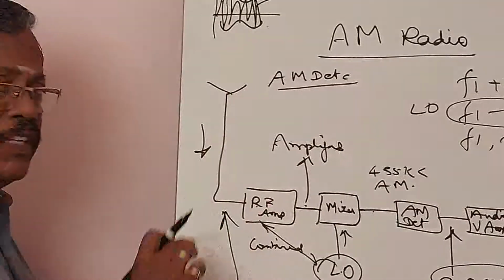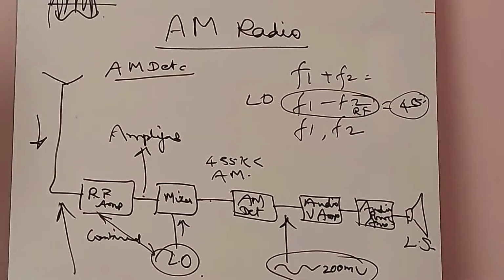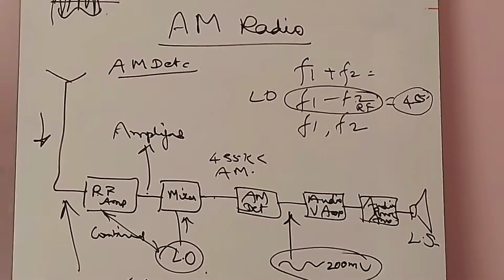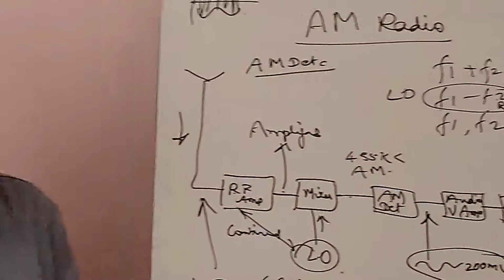I have clearly told what waveform we receive through the antenna of the radio receiver, and from that how many operations and how much processing are done: what is the function of the mixer stage, what is the function of the frequency converter, what is the function of the detector, what is the function of the matching circuit of the audio amplifier, what is the circuit of the audio power amplifier, how a loudspeaker functions. Everything I have told. I hope I have made the functioning of the AM radio receiver very clear to my students.